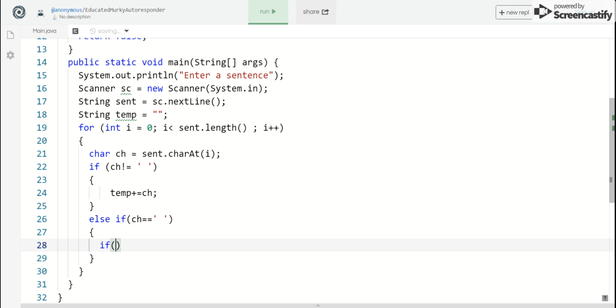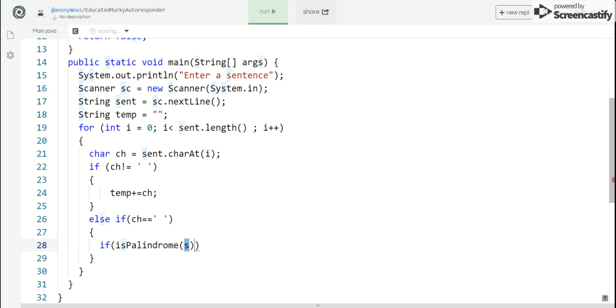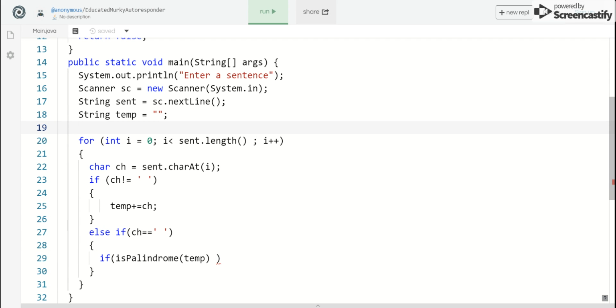We are going to check if this word which is in temp is a palindrome or not. So if isPalindrome is a routine which we have written. It expects a string as an argument. So let's pass it temp. We are also going to check that the given word is longer than the previously encountered palindromic word. So let's set a variable